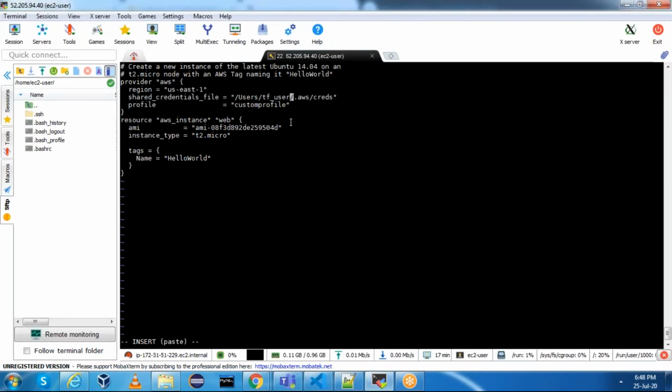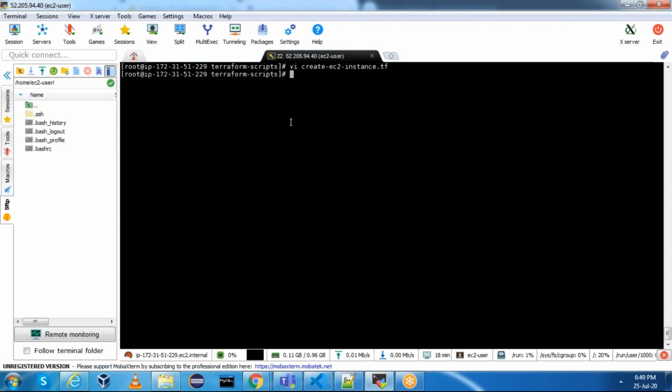Our shared credentials file is under root. I configured it under /root/.aws/credentials, and profile is custom profile.